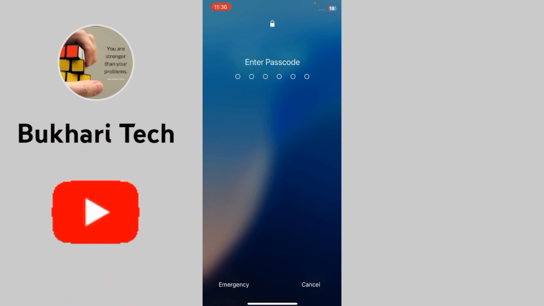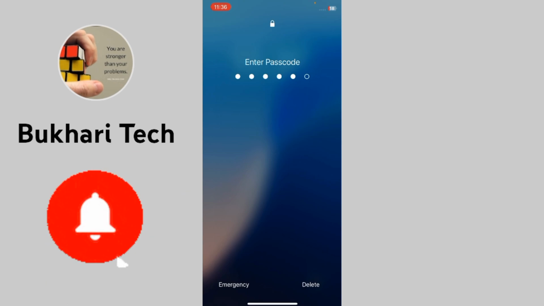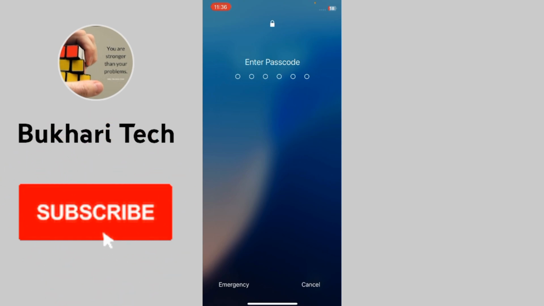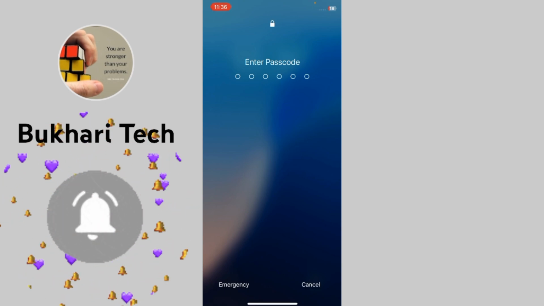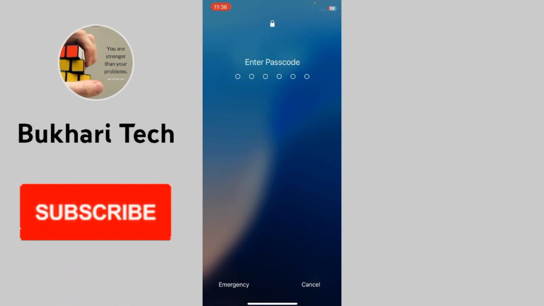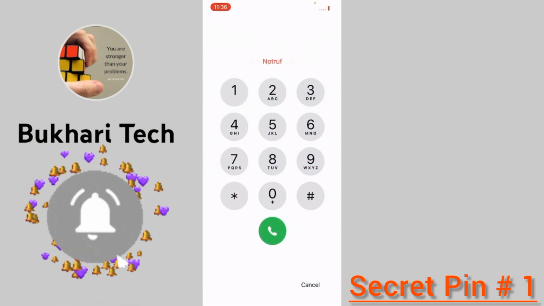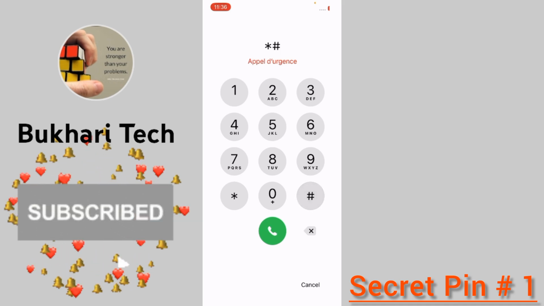So let's start. Firstly, try any passcode on your iPhone. You can see here the passcode is not accepted. You can see the emergency section in the corner of your iPhone device. Tap on emergency. Then type a secret pin code: 1 star hash